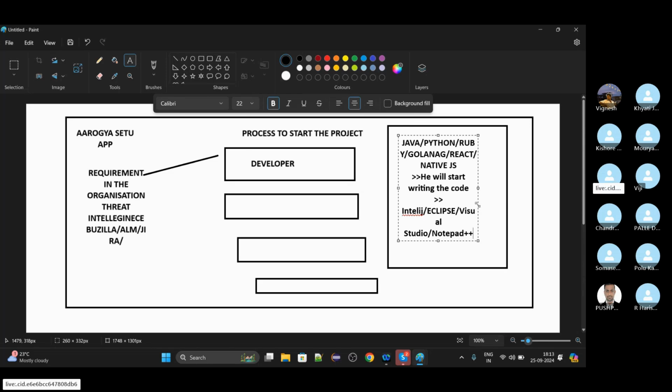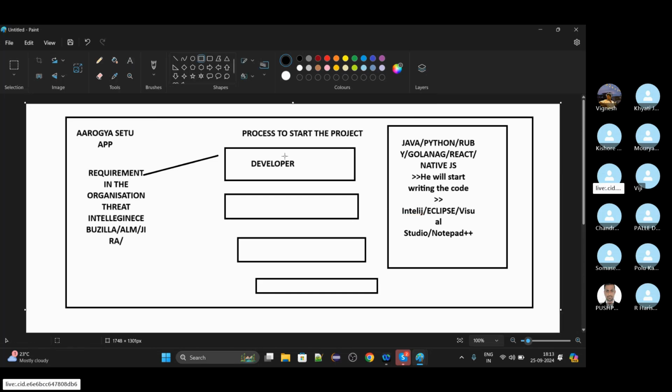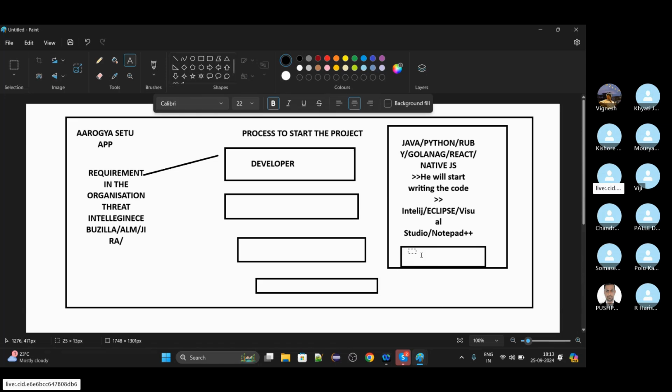Again, there should be some mechanism. So in that process, another thing came into the picture. That is your Git and GitHub. What exactly does it mean, Git and GitHub? We will talk in great detail in the Git classes also, but as of now, for understanding, Git and GitHub is a common server repo where you will be pushing the code whatever you have written.